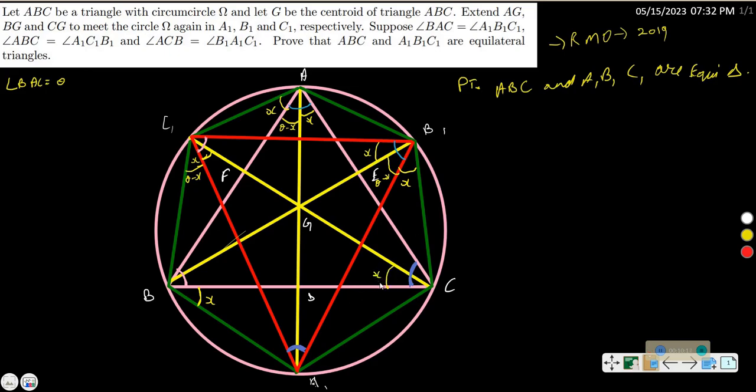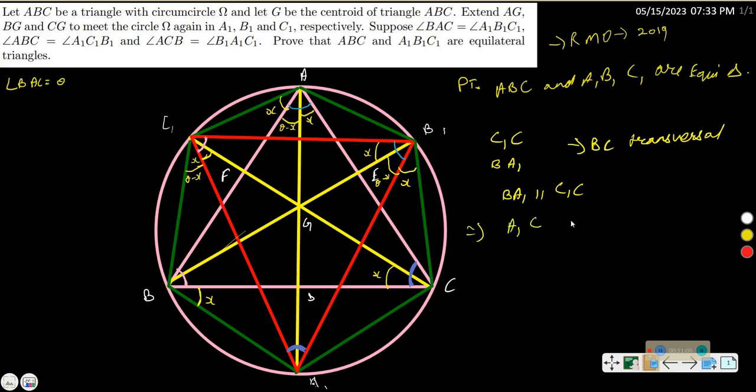Now if this angle equals x, taking the lines C1C and BA1, we have to say that with BC as transversal, BA1 should be parallel to C1C in order to make both these angles x, the angle A1BC and the angle C1CB. For these to be x, these two lines have to be parallel, right? Now similarly we can also say that, by proving the same way, taking this as y, this as z, we can also say that